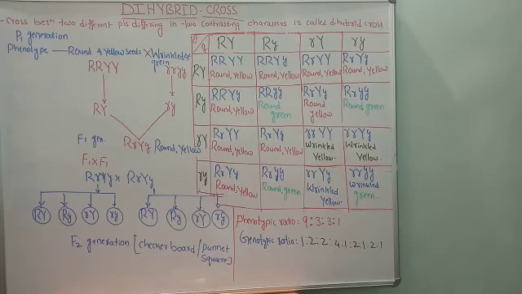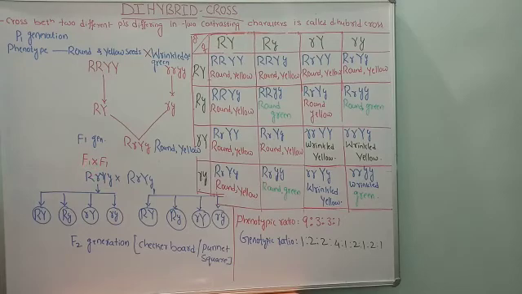Okay. So after understanding this cross, now what are you supposed to do? We are supposed to write the test cross. We have to do the test cross. So what is the procedure for the test cross? I will show you in the next video. So one simple method I will tell orally here. For the test cross, what do you have to do?